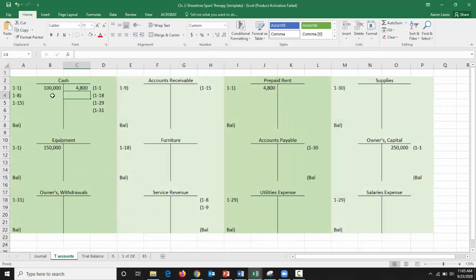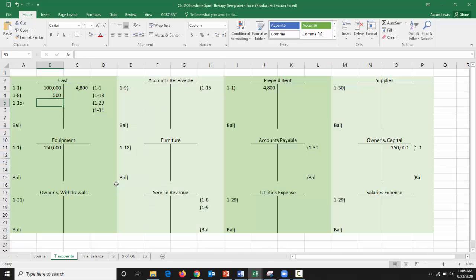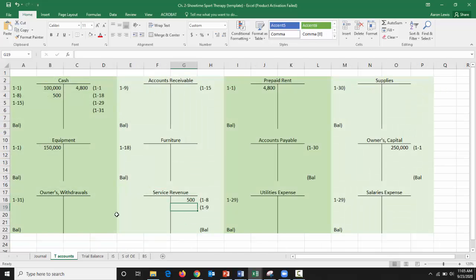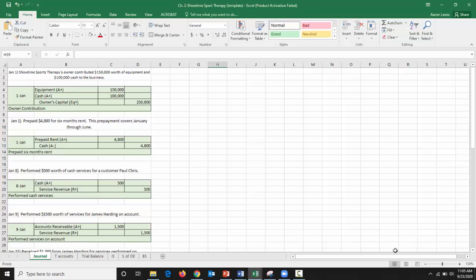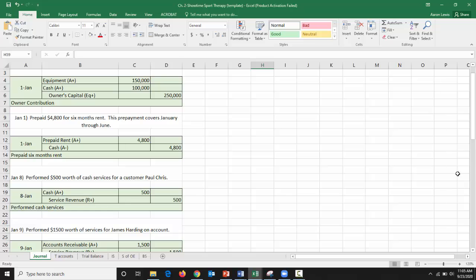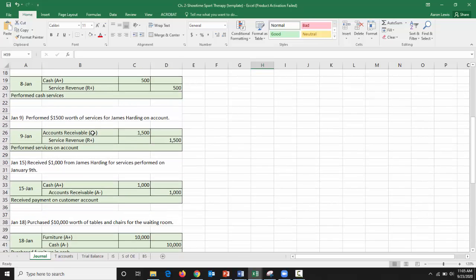We have a debit to cash on 1/8 for $500, brought over to our T account, and we had a credit to service revenue on 1/8 for the same $500. And the next journal entry that we have, I'll make this a little bit bigger. The next journal entry that we have, we debited accounts receivable for $1,500 and we credited service revenue for that